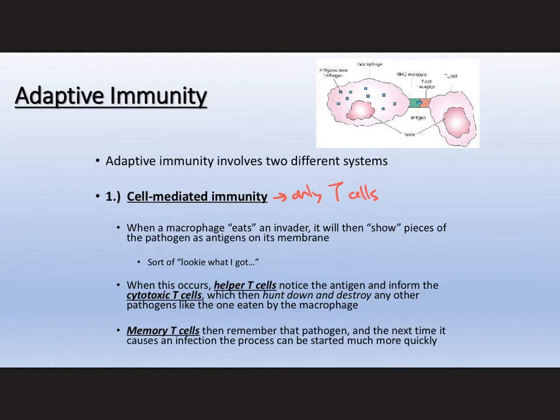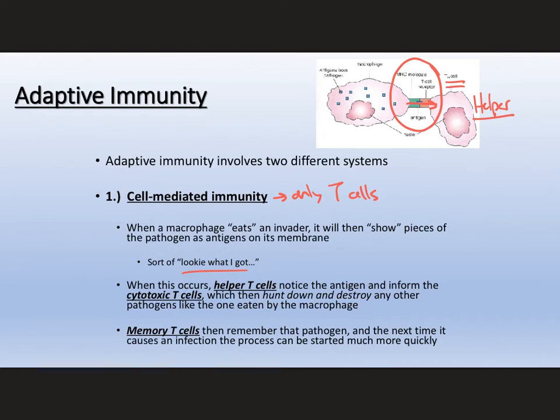And then what it will do, and you don't really need the details of this picture, is communicate with a helper T cell. It's kind of being silly, but it's sort of like, look what I found, right? So a macrophage will destroy this first bacterium or this first virus that it runs into. But then when it sees a helper T cell, it's like, hey, dude, look at what I found here